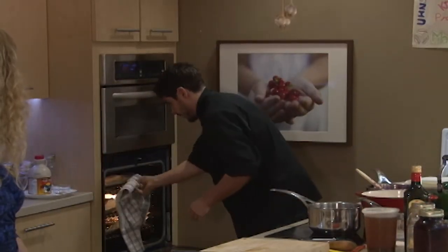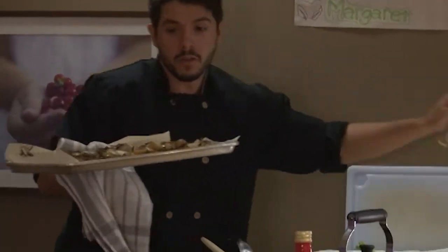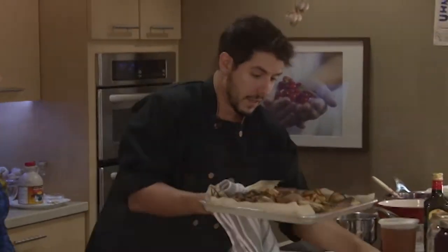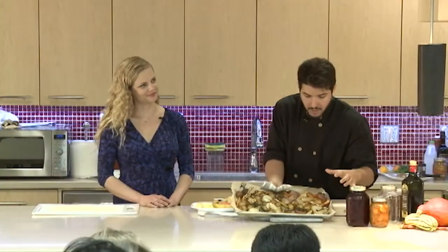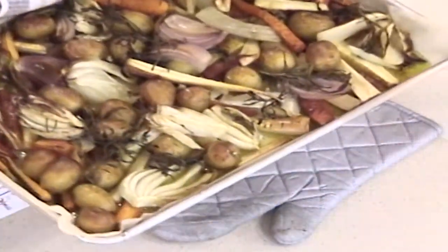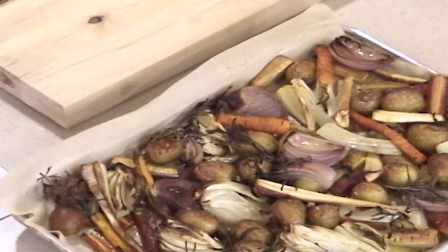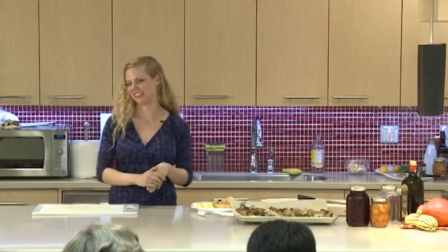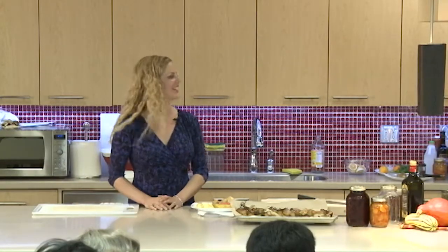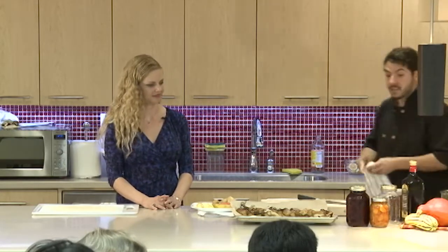So these guys have been in there, and you can see how they're looking. They're cooked through, and you have this beautiful color. I don't know if you guys can smell that, but the rosemary crisps up, the thyme crisps up. I can see people inhaling. Yeah. So I think we're trying to develop some smell-o-vision for the people at home, so you don't get the full effect unless you make it at home, of course. I'm going to take one thing here, and that's pretty much it. I mean, this is perfect to serve